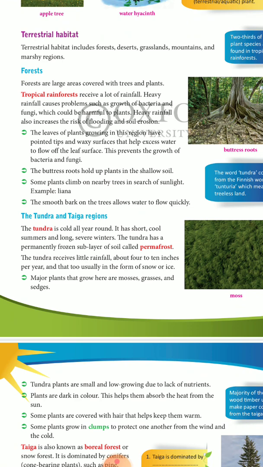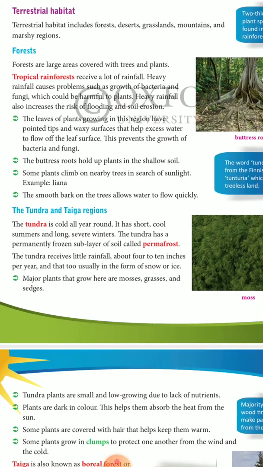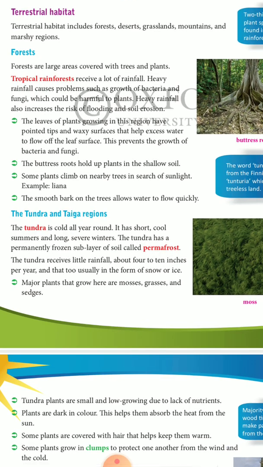Clear? Now there is one more variety of terrestrial plant. That's a place where it's a lot of cold, it's totally frozen. Yes, that's the tundra region. The tundra region is cold all the year. Now here, due to the snow, the surface of the earth is mostly totally covered with snow. So the layer of the soil is always covered with snow. So it's called permafrost.